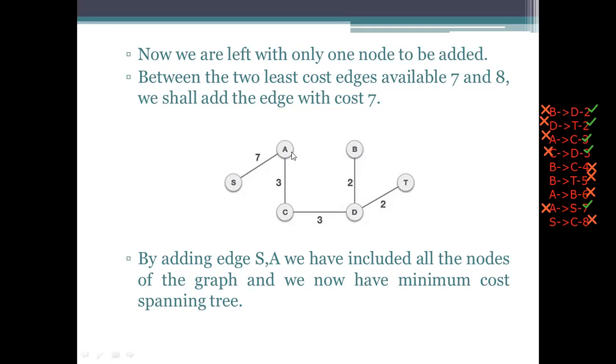So here B to C, A to B, B to T, and then next S to C. All these edges have been discarded because they are not supporting the property of the spanning tree here. And coming to the next representation, whenever you are processing any spanning tree using the Kruskal algorithm, the chosen one has to be deleted first, and then the remaining will be the same only.